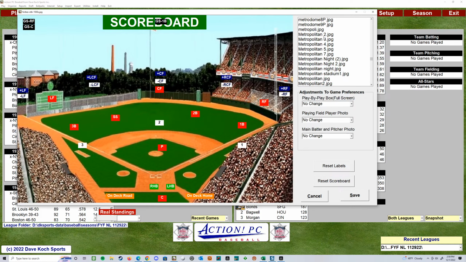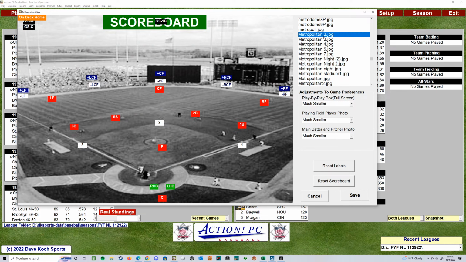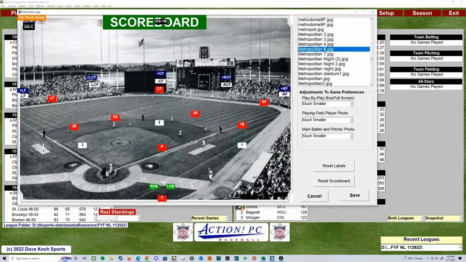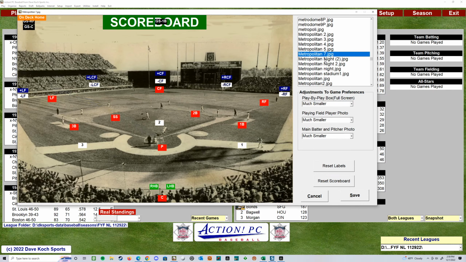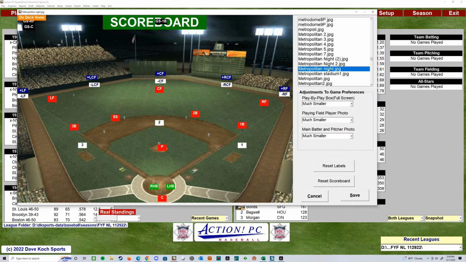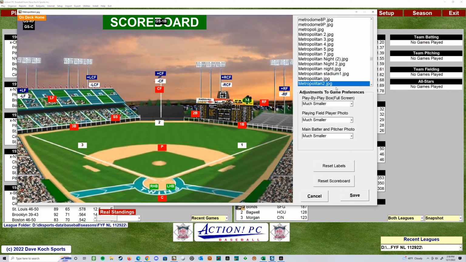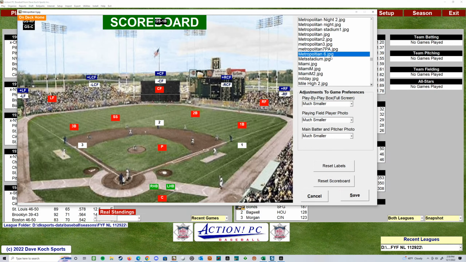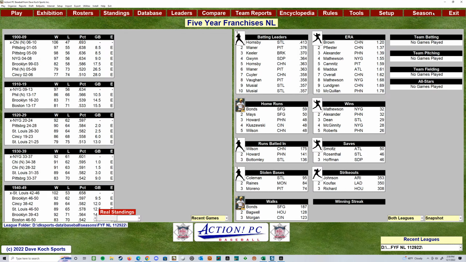This is a tough one. People always ask for finding a good picture for Metropolitan Stadium. Oh, Arnold's a Steeler fan for life. Yeah, look at these, Metropolitan Stadium. You look at them and it's not everybody's cup of tea, right? Everybody's looking for that perfect Metropolitan Stadium photo. I don't know if it exists yet, but I've got a few here. That one's not too bad. Yeah, that infield. Well, Arnold, let's check this out then.